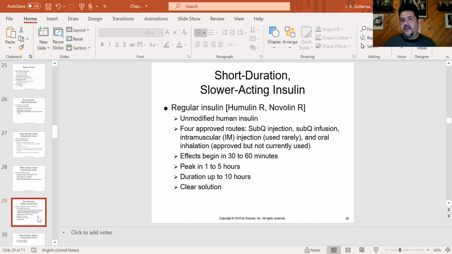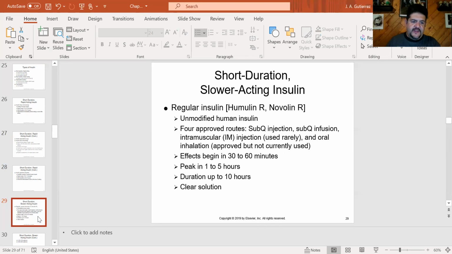Intramuscular is very rare. And there's a presentation so far in an inhaler, which is amazing. But so far, it's not being used yet, still on trial. Hopefully in a few years we can have it,